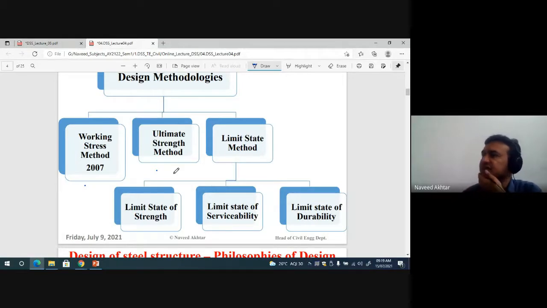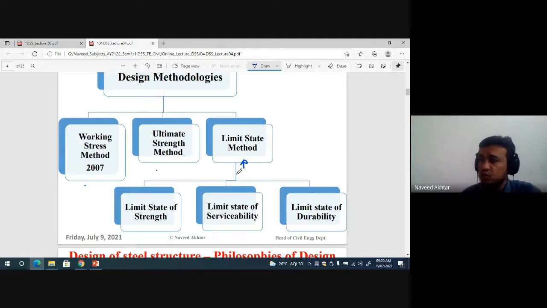Still, they are standing, but there are large deflections and vibrations on the structure, then they are not usable. Actually, the structure is standing, but due to the excessive deflection and excessive vibration, this method is not a serviceable method. They are failing in the serviceability condition. Then the designers combined those two methods and reached a rational method. It is called a rational method, and they adopted the limit state method of design.